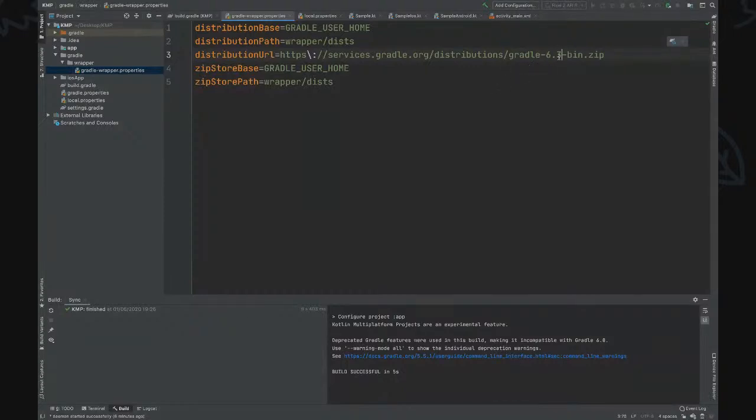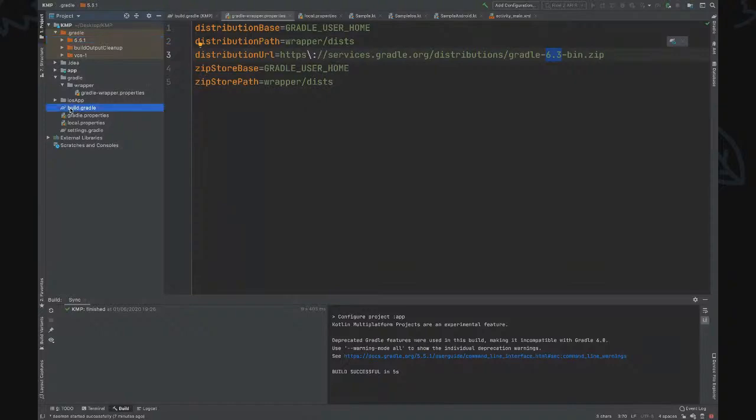So we have to upgrade this to 6.3. The default one is 5.5.1. So, to not have bugs while compiling, where the compiler won't know which version to use,